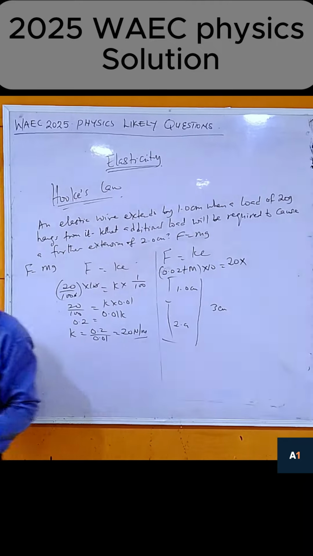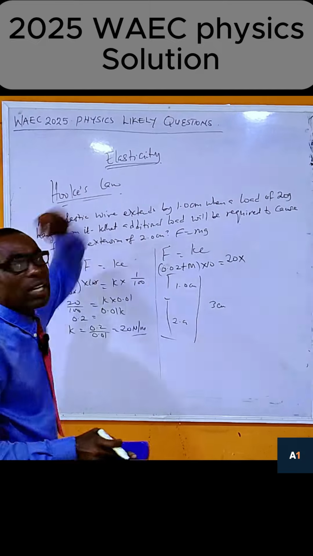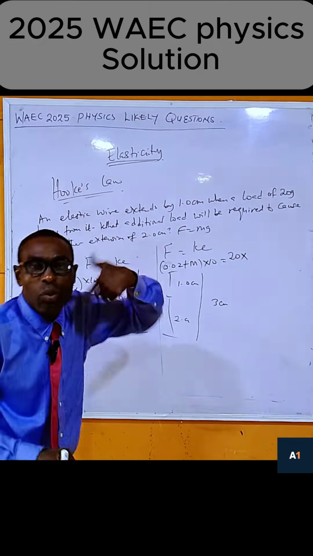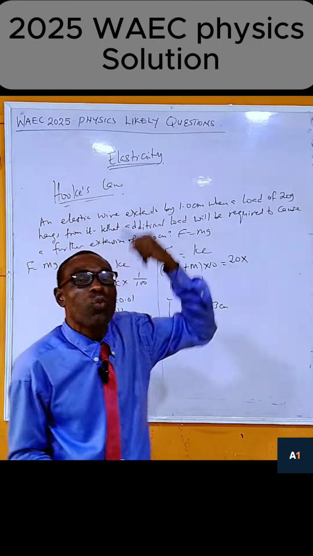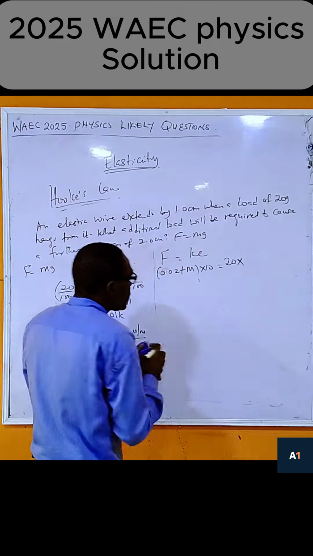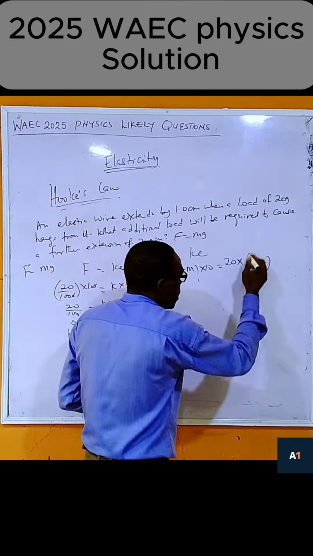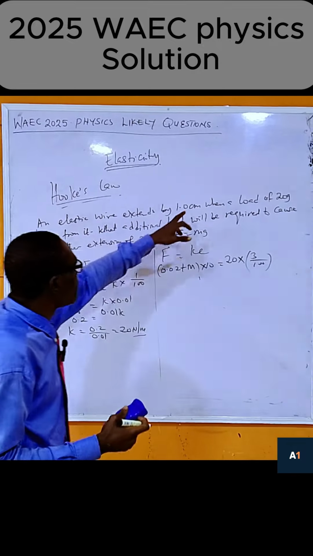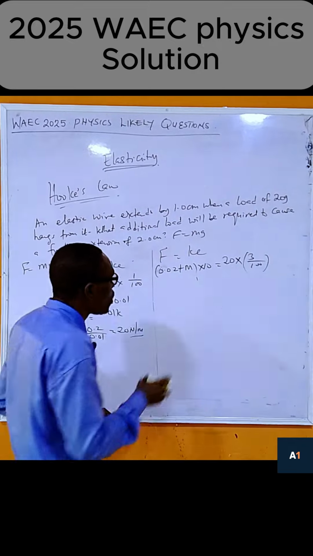I think you are getting it. So meaning that the total extension, because they say further, they didn't say extension to 2. They say further after 2 points. So further again, meaning that 3. So we put 3 here, times 3 over 100. Now, why is it 100? It is in centimeter, and 100 centimeter make 1 meter. We convert it.